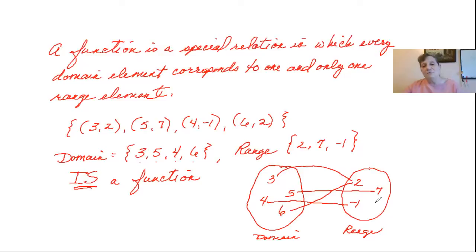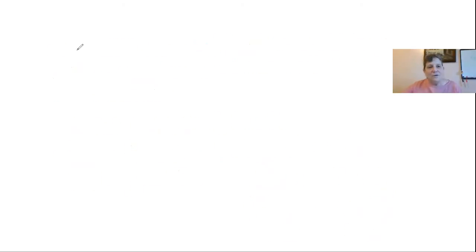And the thing is, when we plug in an independent variable, we like it to only have one answer. It's okay if several of the variables have the same answer, but we don't want them to have more than one answer because that makes it hard to grade the test. So we can show